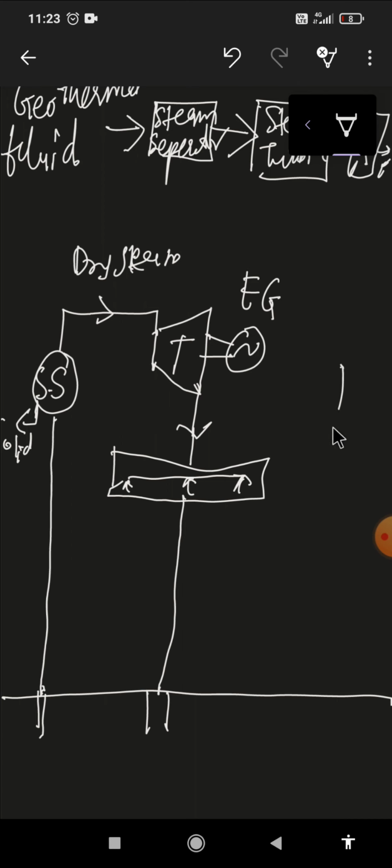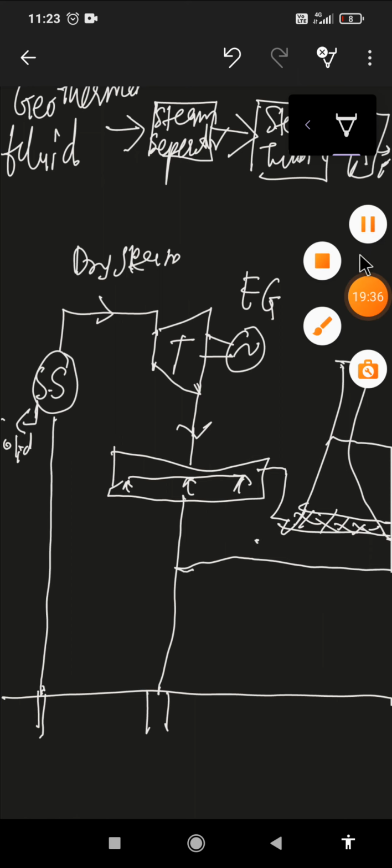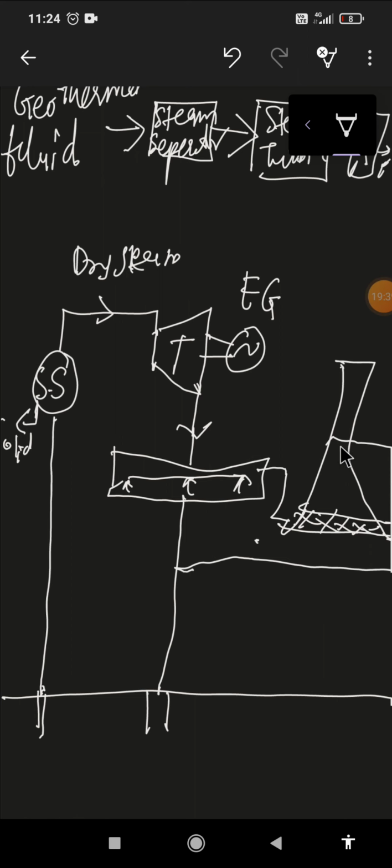So this is the cooling tower. From here, cold water is injected, and the condensate hot water is taken back and spread into the cooling tower, where it gets cooled, and then it moves through a direct contact condenser. So this is the process